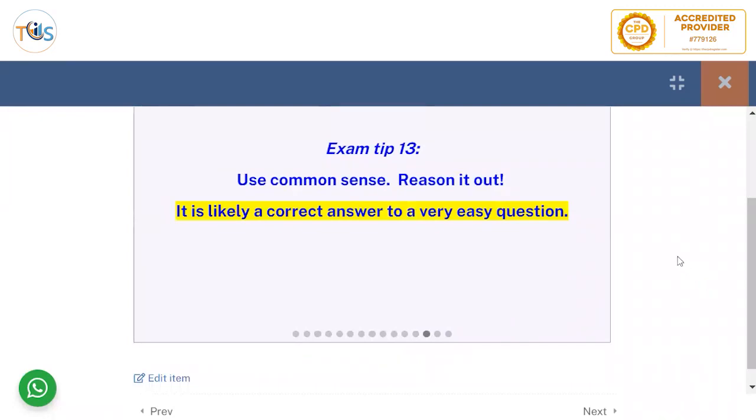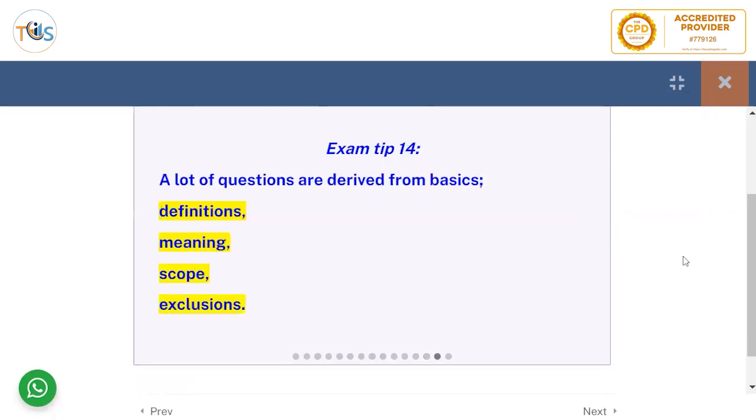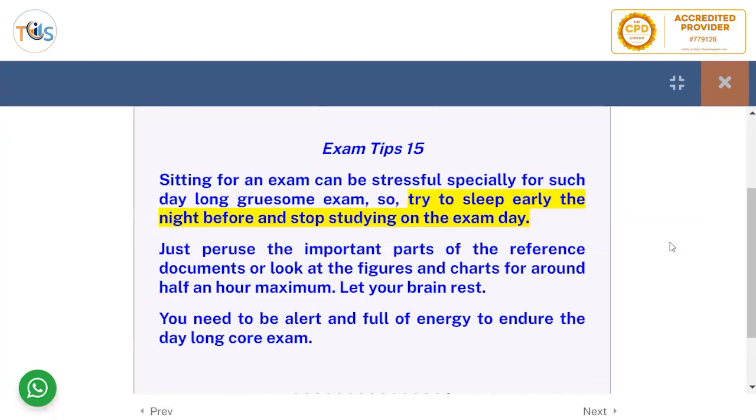Use common sense, reason it out. It's likely a correct answer to a very easy question. A lot of questions are derived from basics. These are like definitions, meaning, scope, inclusions, exclusions, etc. Vocabulary. Sitting for an exam can be stressful, especially for such a day-long, gruesome exam, so try to sleep early the night before